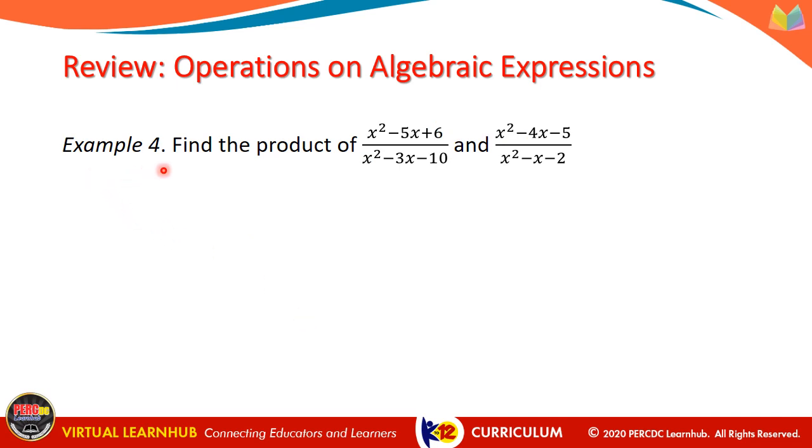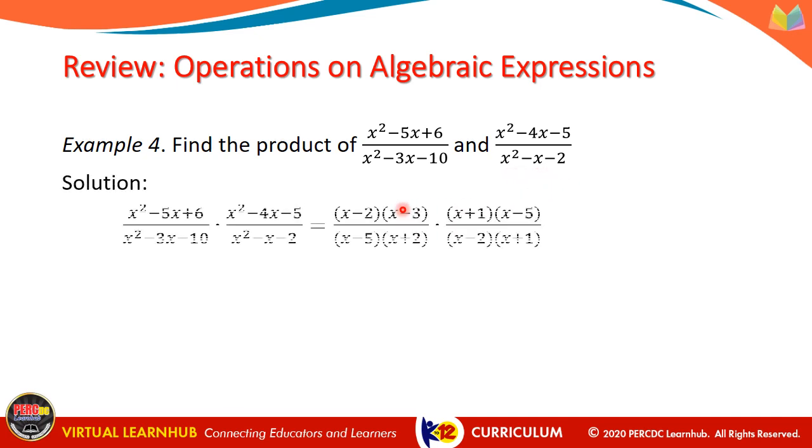Example number 4. Find the product of x squared minus 5x plus 6 over x squared minus 3x minus 10 and x squared minus 4x minus 5 over x squared minus x minus 2. For our solution, we can write x squared minus 5x plus 6 over x squared minus 3x minus 10 times x squared minus 4x minus 5 over x squared minus x minus 2 to be equal to x minus 2